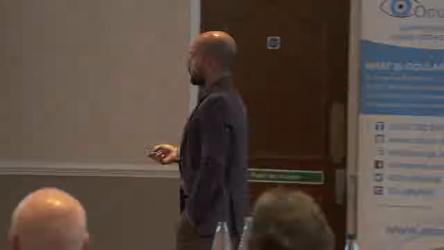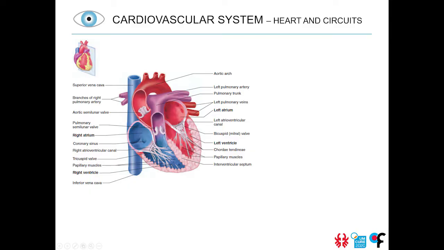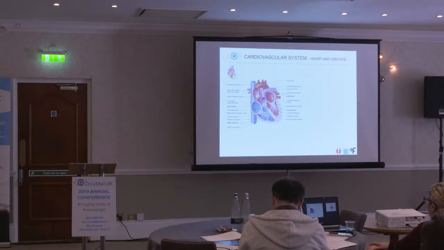So the heart has 4 chambers, okay, 2 on the right side and 2 on the left side, and this is the typical representation of the blue and the red vessels, okay. The blue vessels in general take the venous blood, and the venous blood goes to the heart. So the blood that comes from the body to the heart, okay, and this blood enters the right atrium and goes to the right ventricle, and the right ventricle to the pulmonary artery, okay? And this pulmonary artery takes the blood to the lungs to get oxygen, okay?